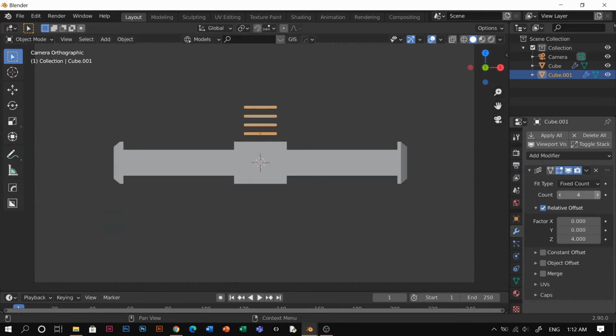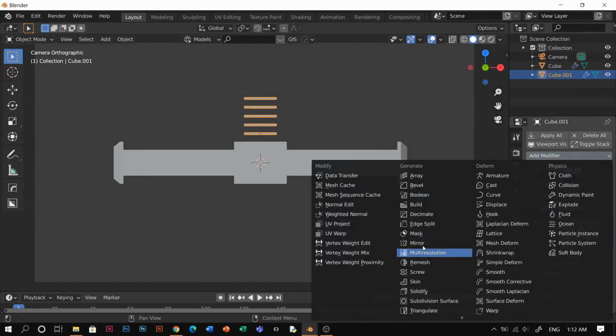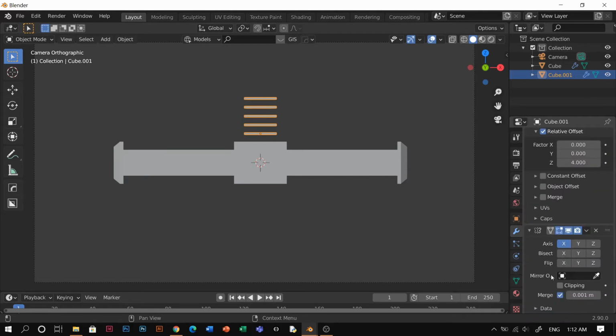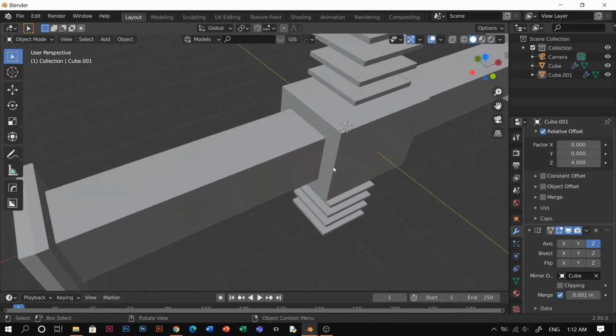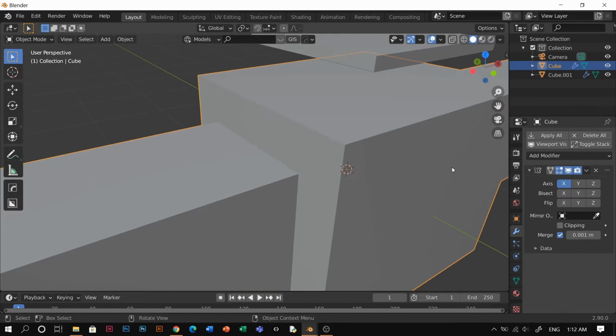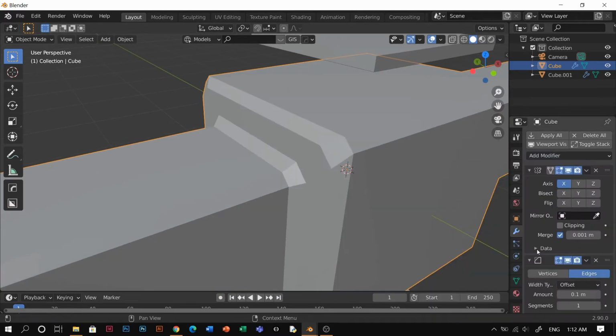To camera, maybe 5. I guess 5. Yeah. And I'm going to add a mirror, and then mirror. Click the object and Z, and there you have it. So from here, I'm going to add a bevel, okay? I'm going to add a bevel,